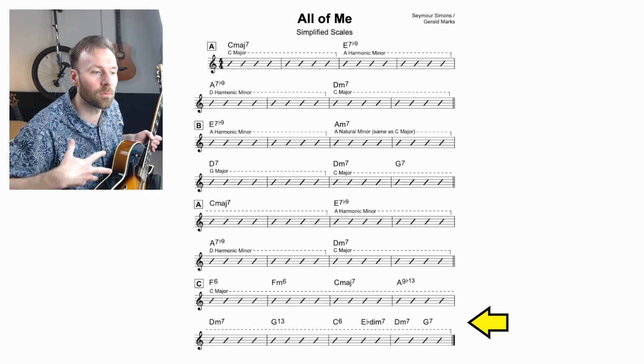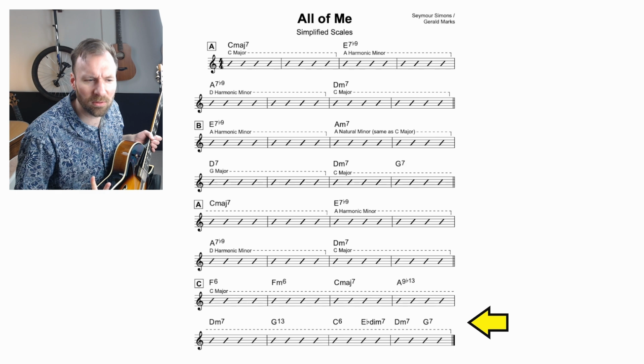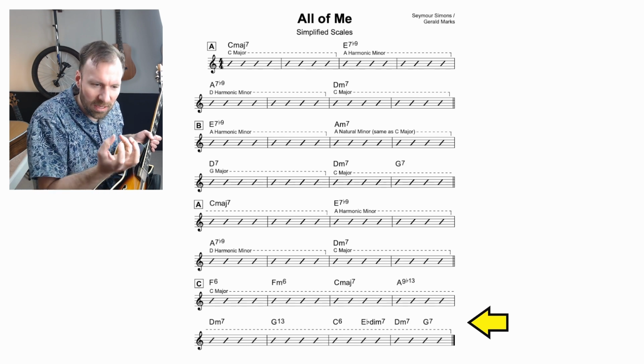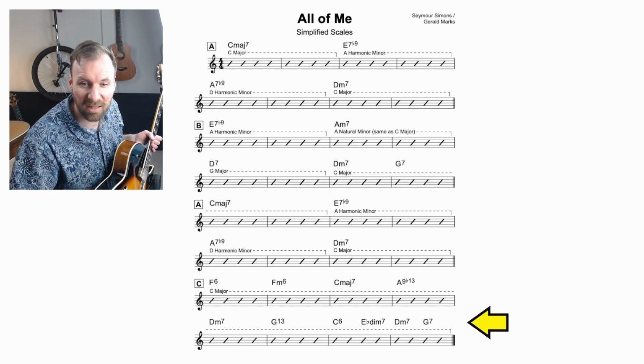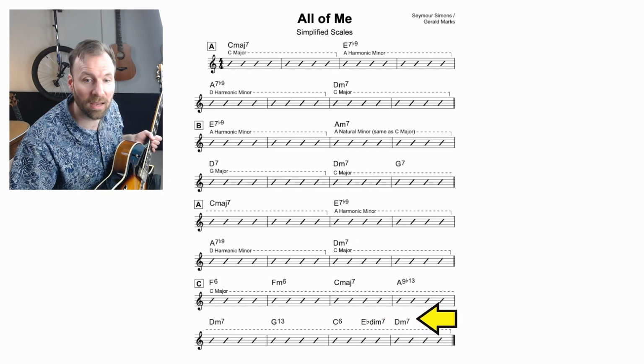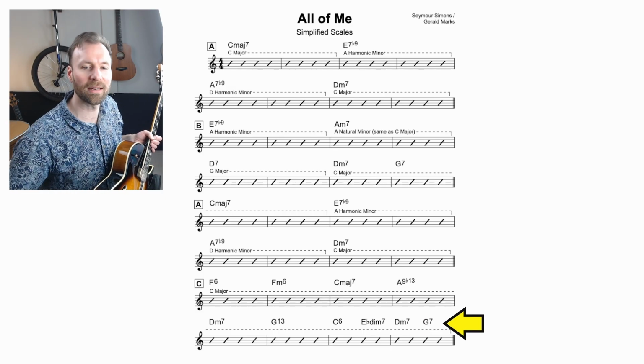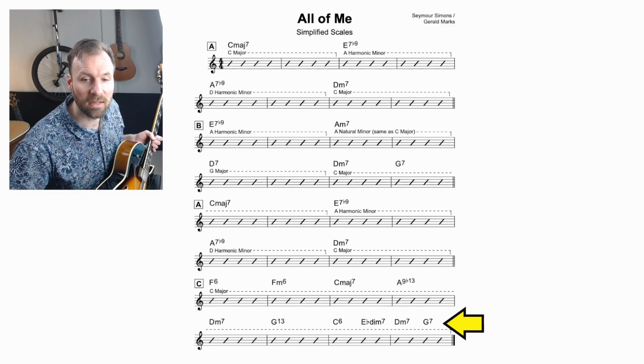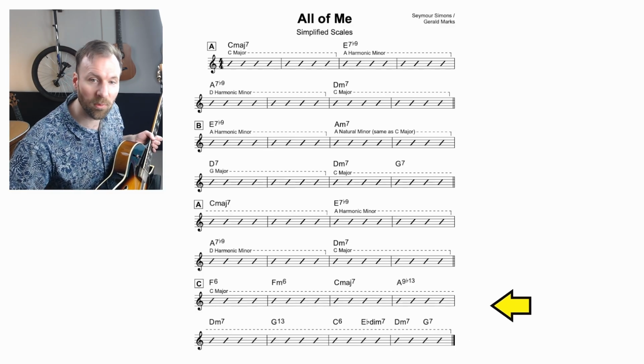You want to be able to, if you like that sound, but also it's really a very cool sound to hear the harmony move, be crunchy, and then come back. I mean, this goes out of C major and then back in, out of C major, back in, right? So if you address it, lovely. I love to address it, but also I like to play bigger, broader ideas that don't address the changes. So the simplified scale approach is a great way to get into improvising.